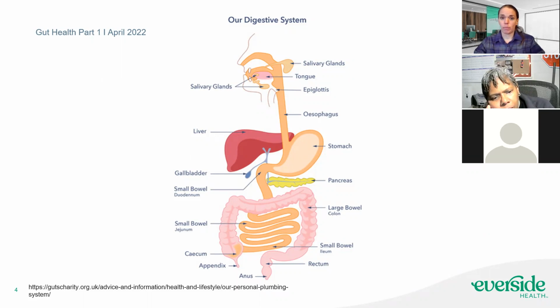As you eat, carbohydrates start to get digested in your mouth. Food goes down into your esophagus and into your stomach. You have a little flap here that keeps it from going down the wrong pipe, the epiglottis. You get in the stomach. The stomach has a good bit of acid. You also have a little muscle ring called a sphincter here that helps keep the acid from going back up the wrong pipe. So acid reflux, which we're going to get into next time, has to do with that as well.